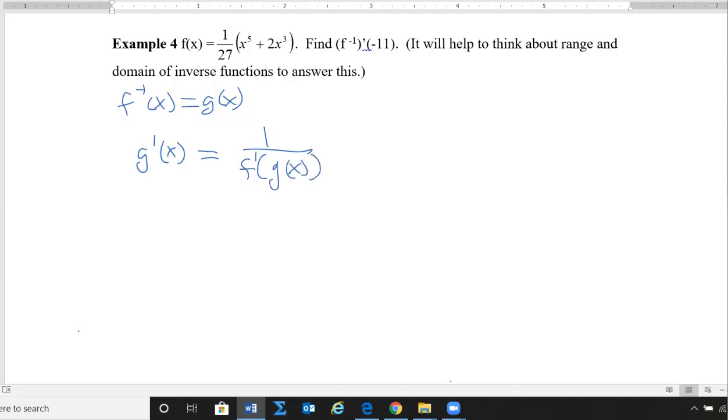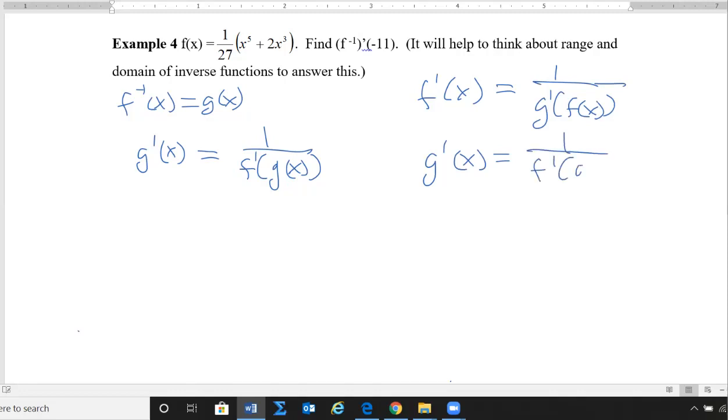Now another way to view this is we're basically looking at reciprocals. If we knew the slope of f of x at a point x, then we would know that whatever that was, the slope, would be the same as 1 over g prime of f of x, where g was the inverse. Likewise, g prime, you can switch these like this, f prime of g of x. But the point is,